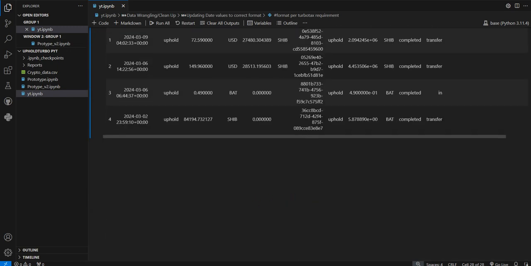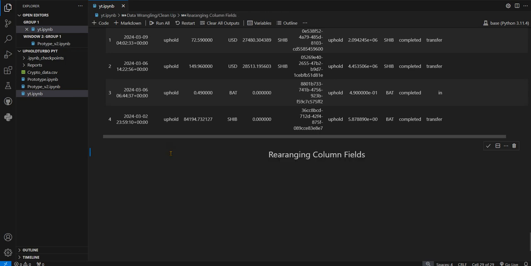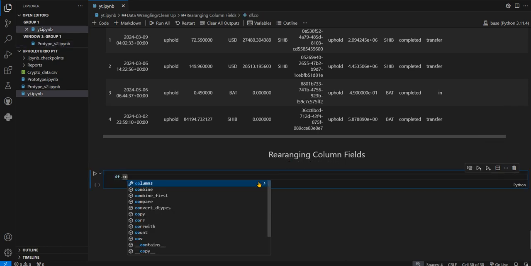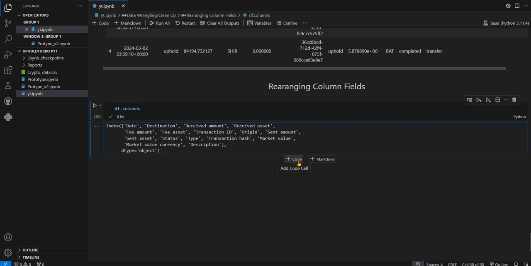All right, okay, now let's rearrange those column fields. And that's where we're going to drop the origin and destination columns. Control C. Because, again, TurboTax doesn't want those. Let's look at what columns we have, just really fast. Cool. So destination and origin, we want to get rid of those,